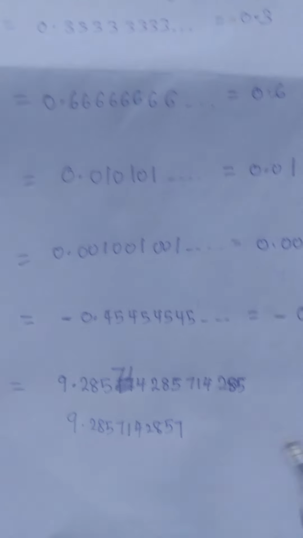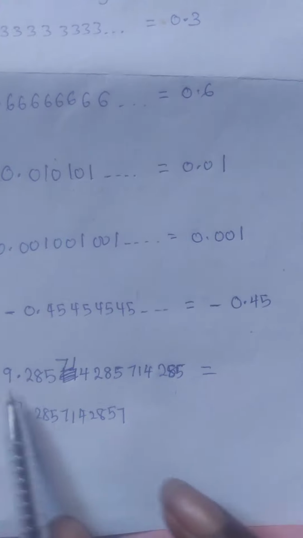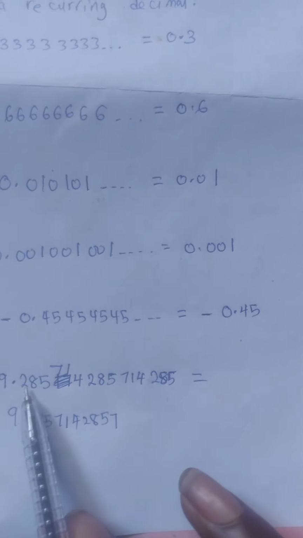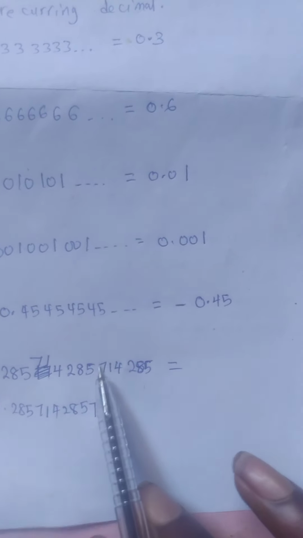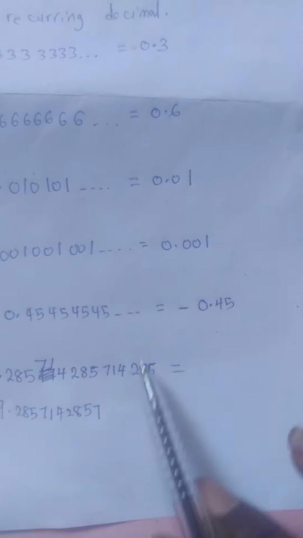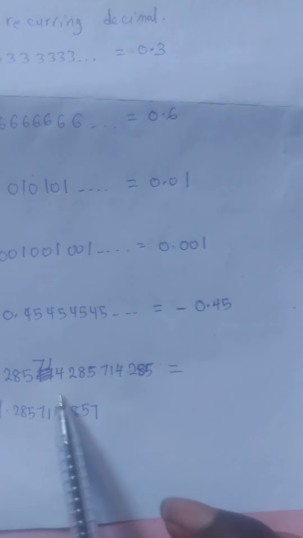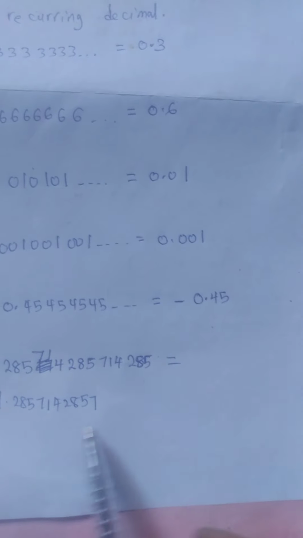Okay, so in this case, here I have it in full. This is what your calculator is supposed to write: 9.28571428571428571, and so on. Okay, but to save the repetition of the group of figures, it's going to stop